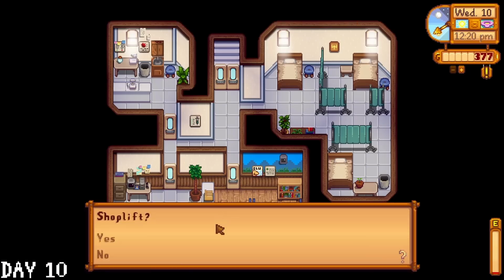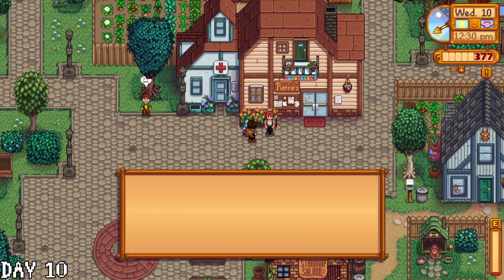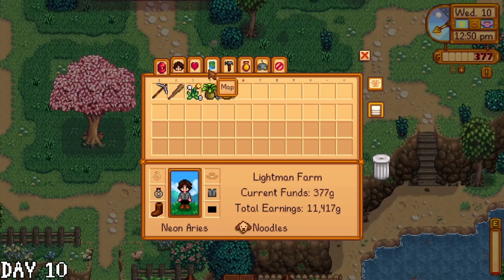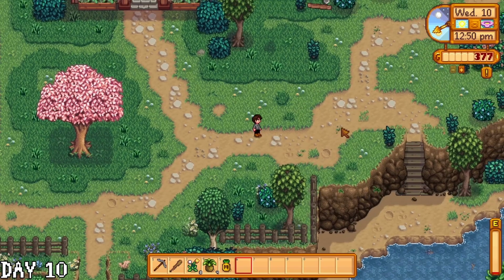I go to the clinic and participate in a little bit of tomfoolery, then I talk to Caroline. I also talk to Ian and Lewis, which gives me bonus friendship points with all 3 villagers, but of course the important one here is Caroline. This round of socializing was enough to bump Caroline up to 2 friendship hearts, which means her 2-heart cutscene has